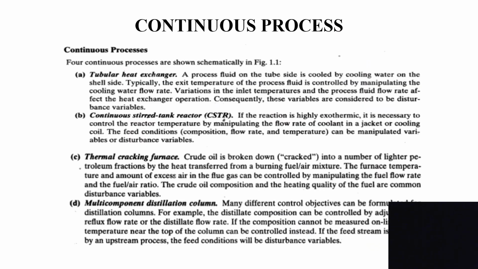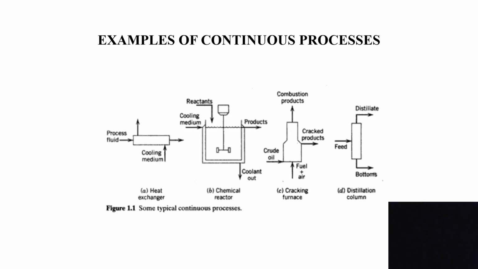Okay, so here are some examples representing the continuous and batch process. If you take a continuous process, you can see there is a heat exchanger, CSTR, cracking unit, and multicomponent distillation column. It represents a heat exchanger. You have a process fluid and a cooling medium. Always there is a cooling medium we have to pass because there is a transfer of heat from one substance